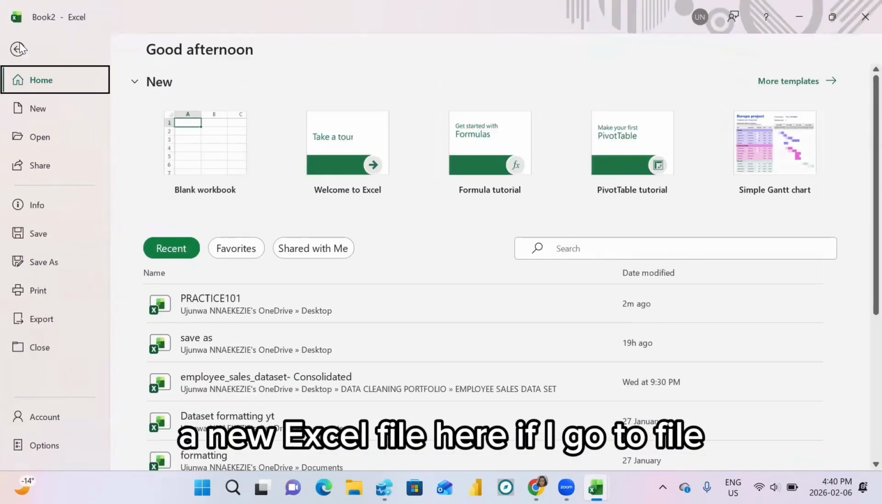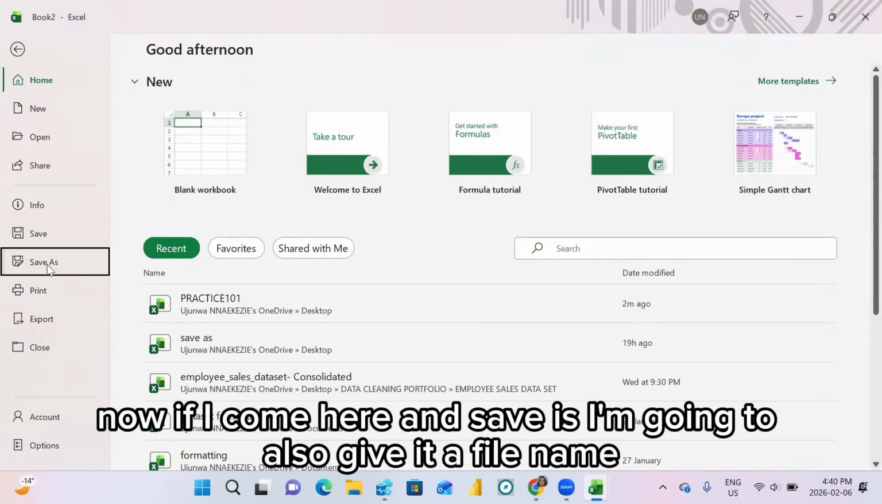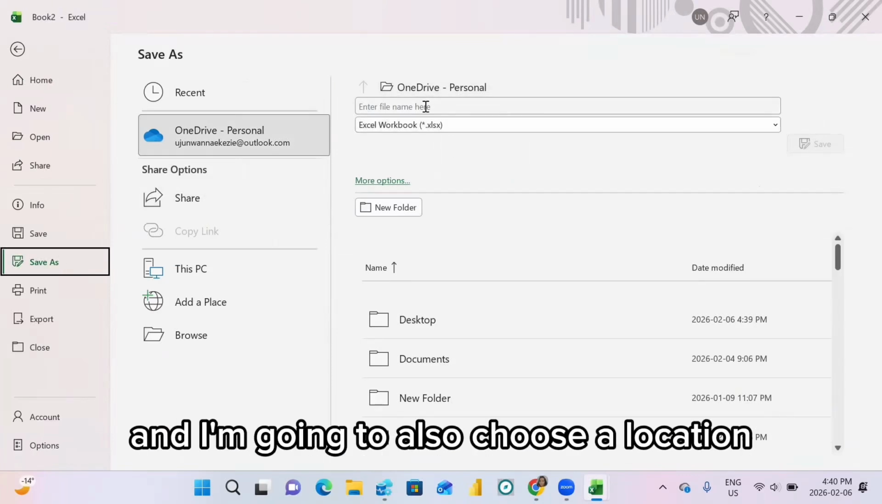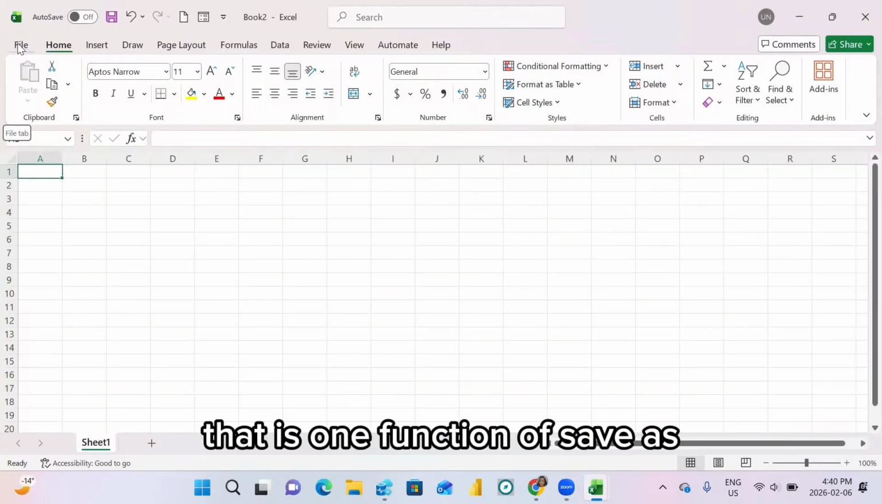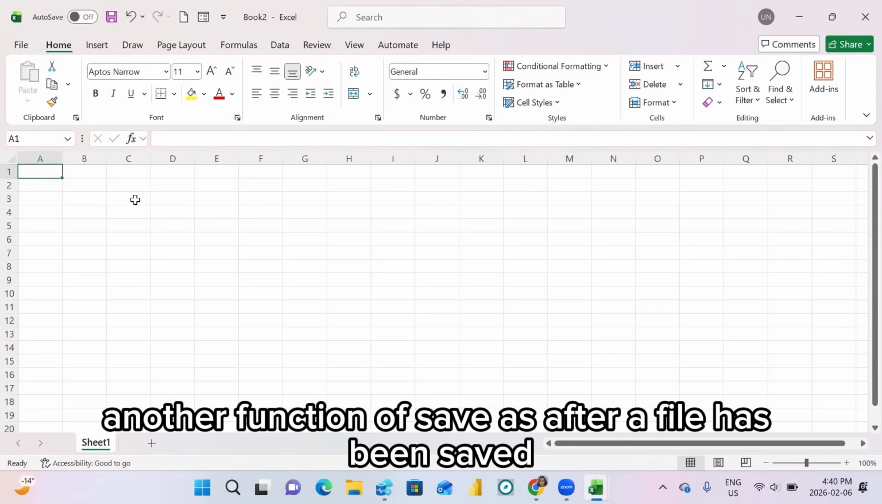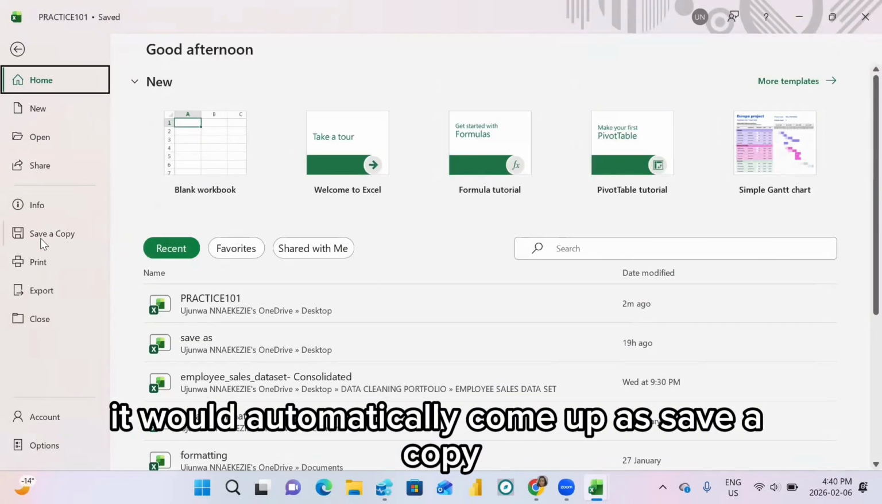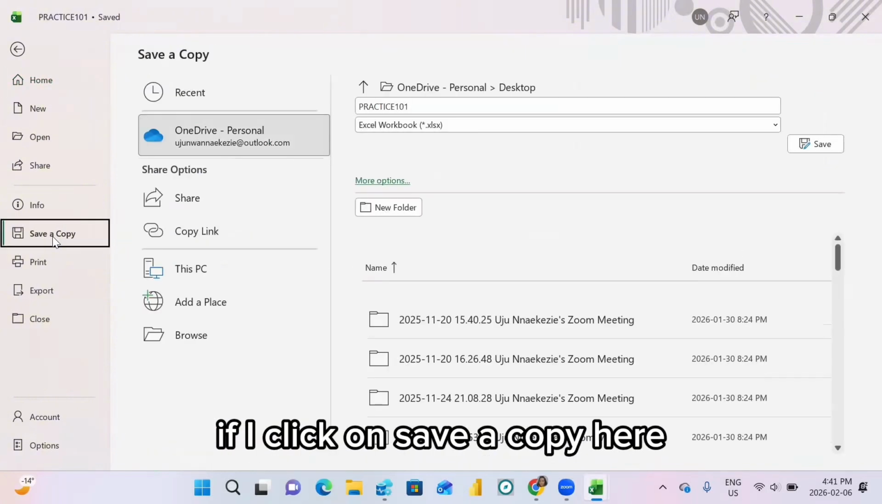If I go to file, you will see save as here and the option of save. If I come here and save, I'm going to give it a file name, and I'm going to also choose a location. That is one function of save as. Another function of save as, after a file has been saved, is that it would automatically come up as save a copy. This save a copy is making a duplicate. For example, if I click on save a copy here,